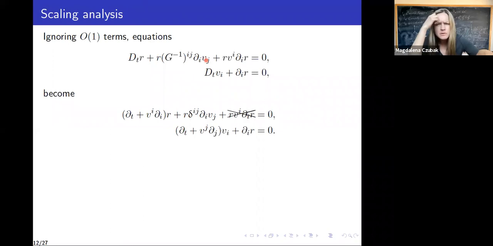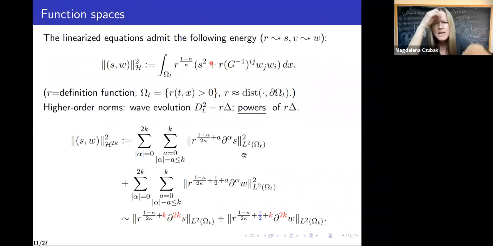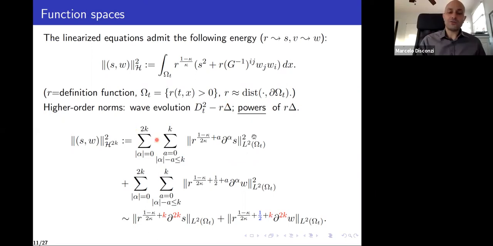Yeah, so, or maybe after this. Yes, the powers of the Laplacian. I'm curious because R is one of the unknowns, yes? Of course, you can define this space for a given R that has the property that it is like the distance to the boundary near the boundary, and the domain is R greater than 0, right? So for the constructive solution, we are always taking R from the previous step because we're doing this iteration, right?